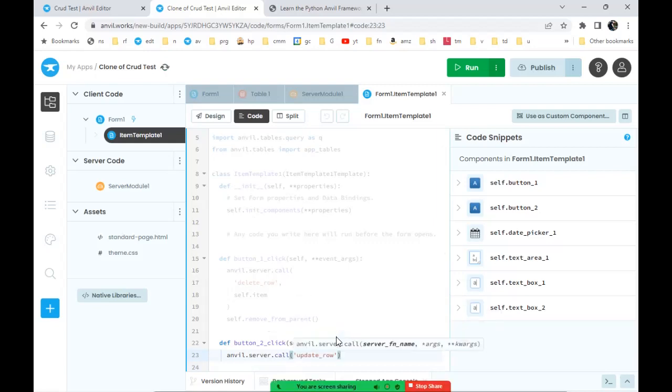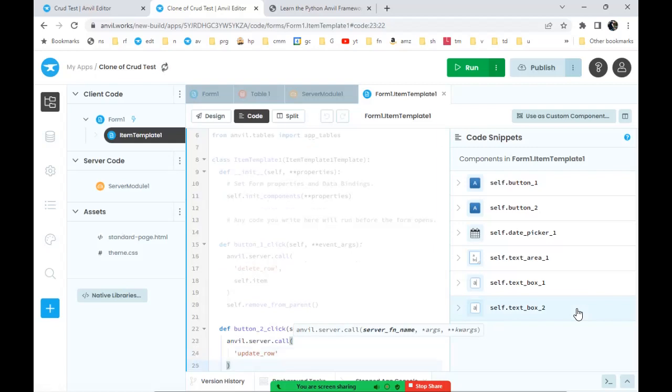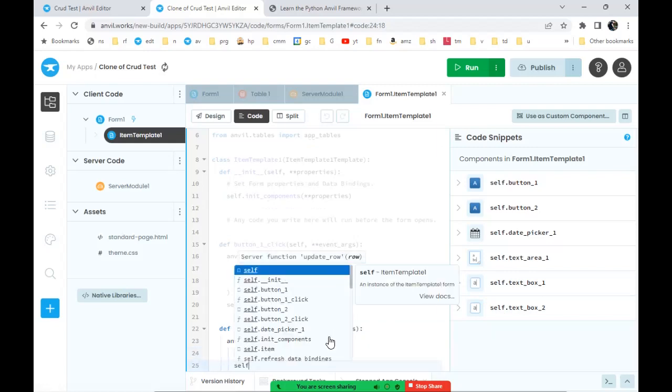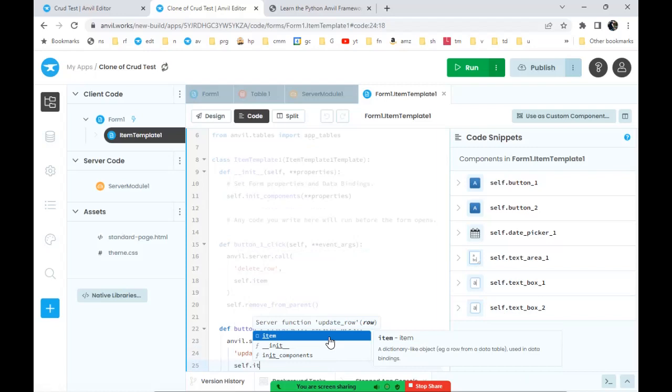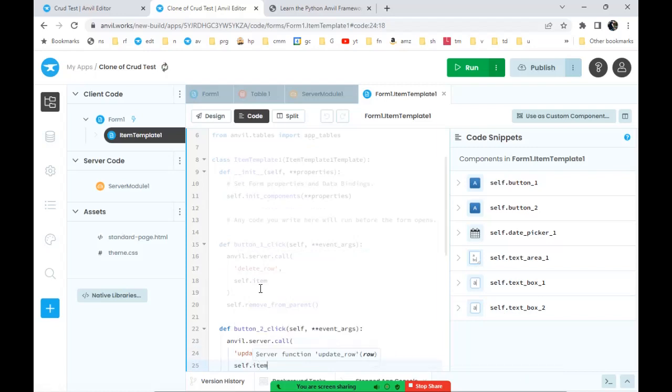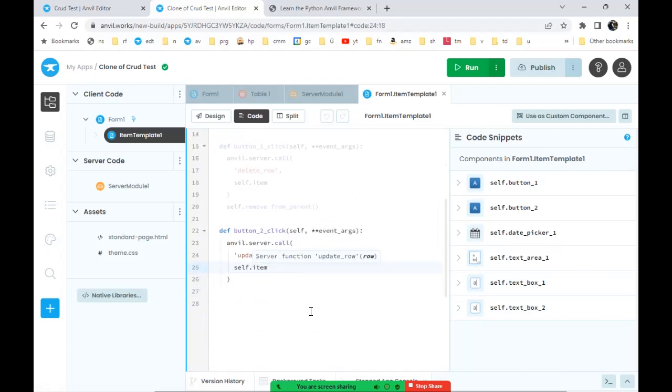We now have update row, and we're going to be passing self.item to refer to the row in the database that we want to adjust. So self.item. And then we also need to pass each of the values that we want to be sent and changed in that